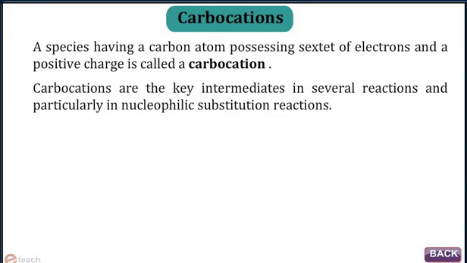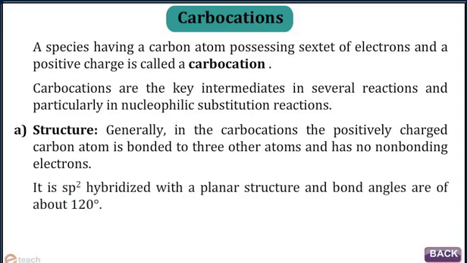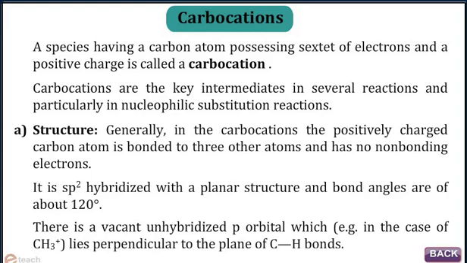Carbocations are the key intermediates in several reactions and particularly in nucleophilic substitution reactions. Structure. Generally, in the carbocations, the positively charged carbon atom is bonded to 3 other atoms and has no non-bonding electrons. It is sp2 hybridized with a planar structure and bond angles are of about 120 degrees. There is a vacant unhybridized p orbital, which for example in the case of CH3+ lies perpendicular to the